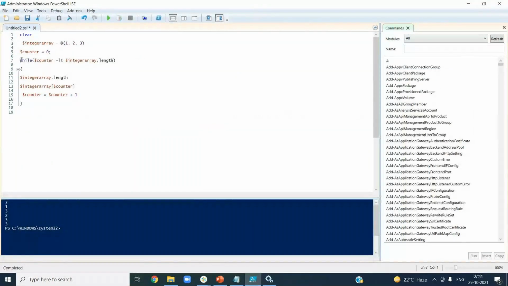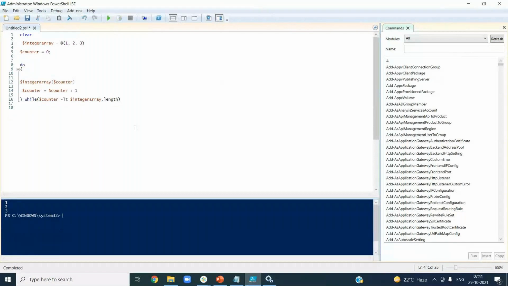This one has come to here. That means this logic executes at least once. You can see the same value. Remove this if you want. You see 1, 2, 3. So it executes at least once.